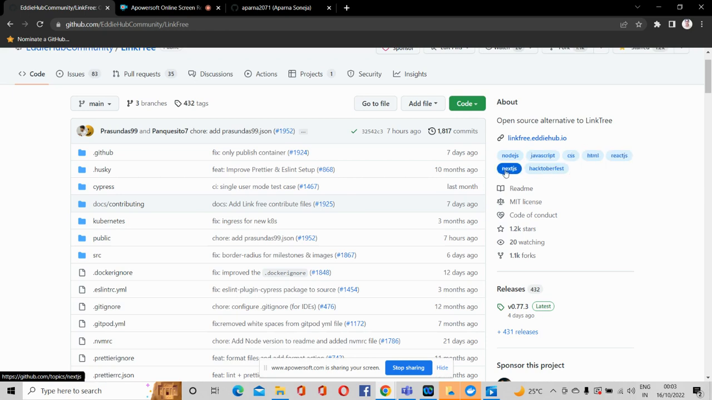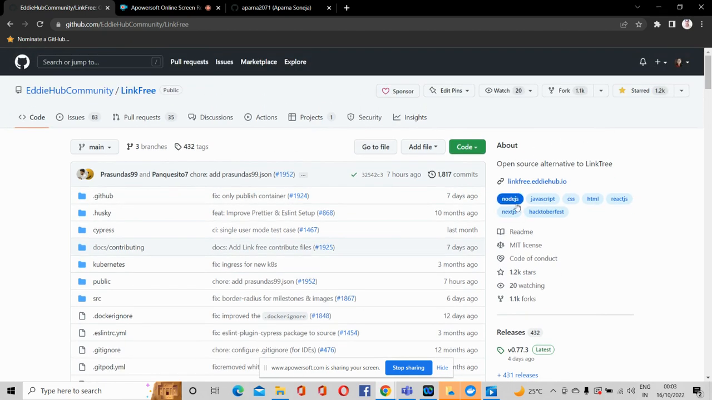these are the topics that you can see in blue color. Okay, these are the topics that this project is related to. So this project is related to Node.js, JavaScript, CSS, HTML, and these all. Okay, so these are the topics. So if you search for any of these topics, like if you search for Node.js, you can find this project Linkfree. Okay, so that's the benefit of using topics. The searching becomes easier. Okay,